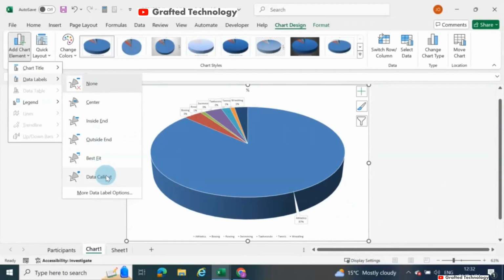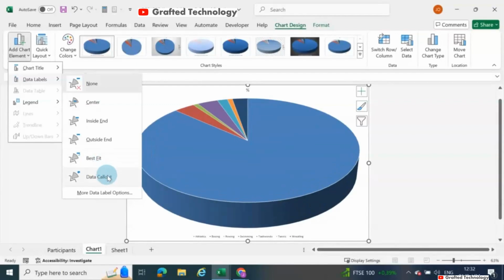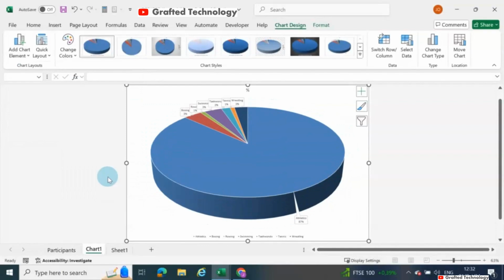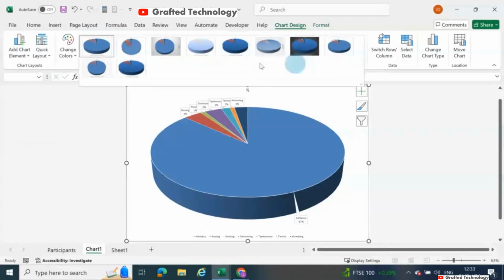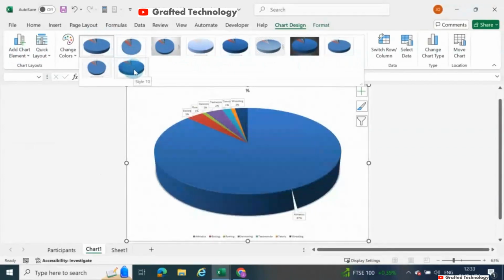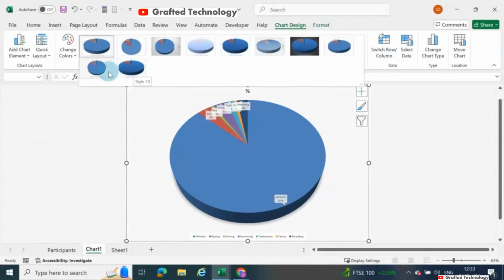Now it depends on how we want it. Maybe the data callout is good because it tells us what each of those slices is about and we can see it clearly. Yeah, let's work with data callout. So that's what your add chart element does. And from here, we all know that these are chart styles. We can change whatever chart style we want. This is style 10